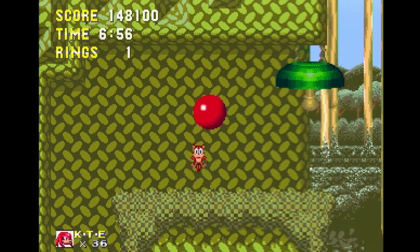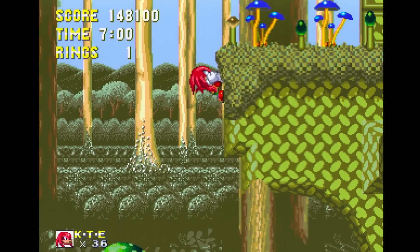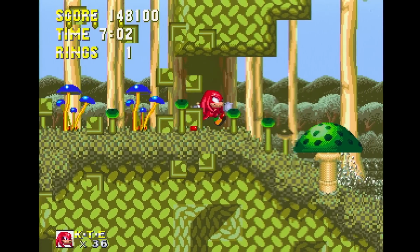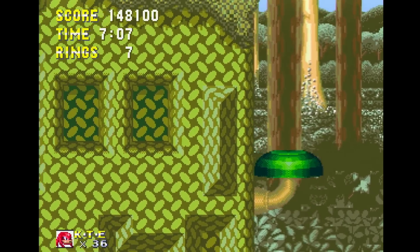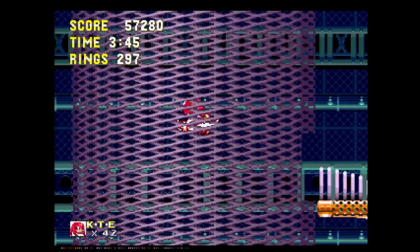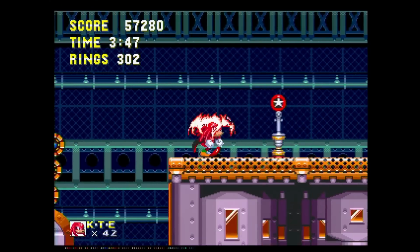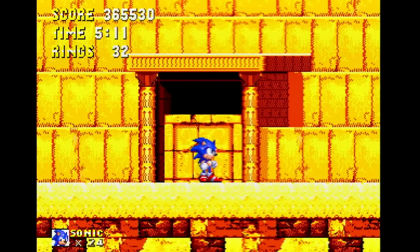The next 3 zones continue to follow the pattern set by Sonic 3. 2 acts per zone, a minor boss at the end of Act 1, a small change in music and visuals for Act 2, culminating in a major boss fight. Flying Battery, following Mushroom Hill, is basically a heavy metal winged fortress from Sonic 2 with false animal cages and traps galore. Sandopolis starts off in desert ruins,